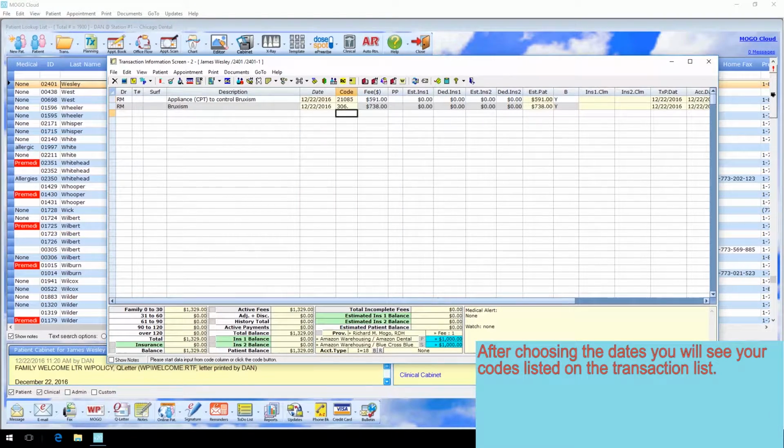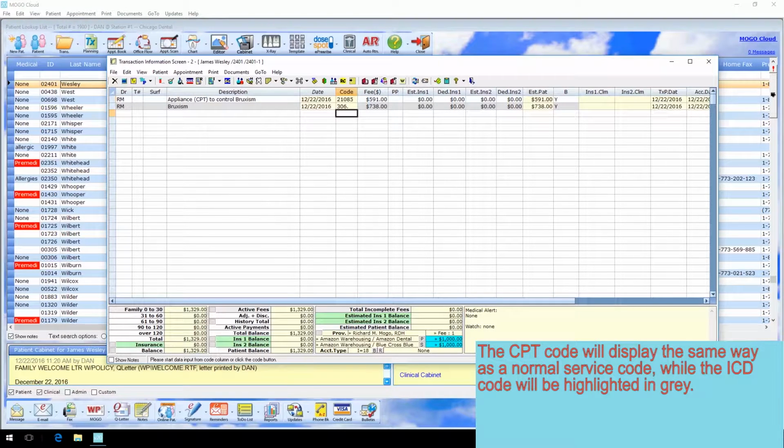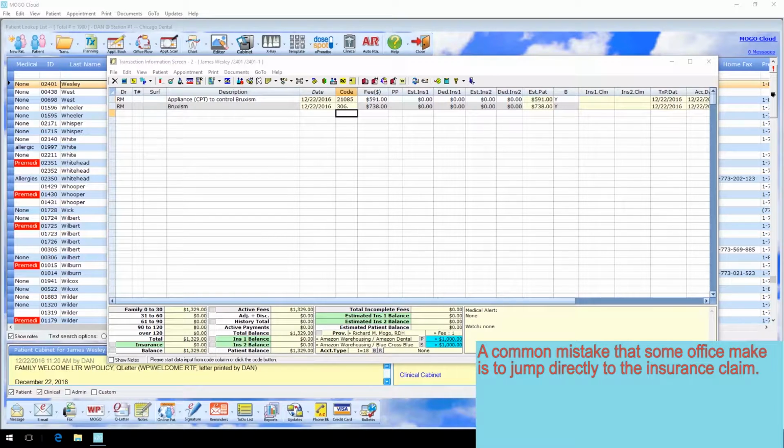After choosing the dates, you will see your codes listed on the transaction screen. The CPT code will display the same way as a normal service code, while the ICD code will be highlighted in gray. A common mistake that some offices make is to jump directly to the insurance claim. Before we do that, we have one more step, linking the CPT and ICD codes